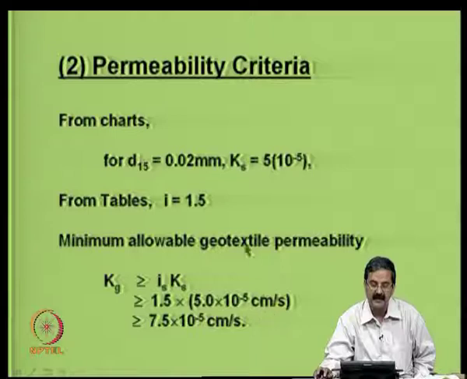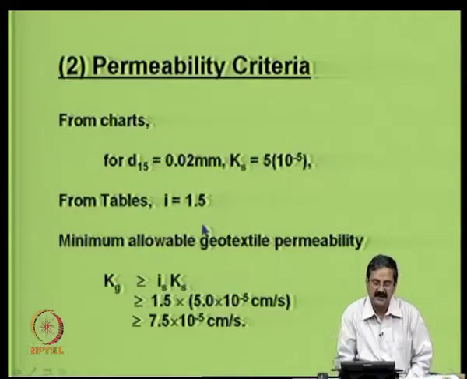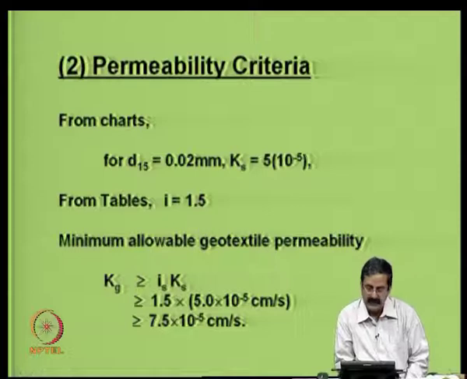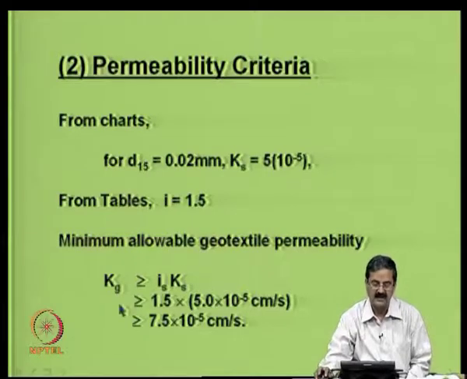So, again for permeability characteristics, we get the D15 size, and Ks you again calculate from the charts. In this case, for the retaining wall we take a hydraulic gradient of 1.5, okay, then calculate the properties of the geotextile required, right. Then